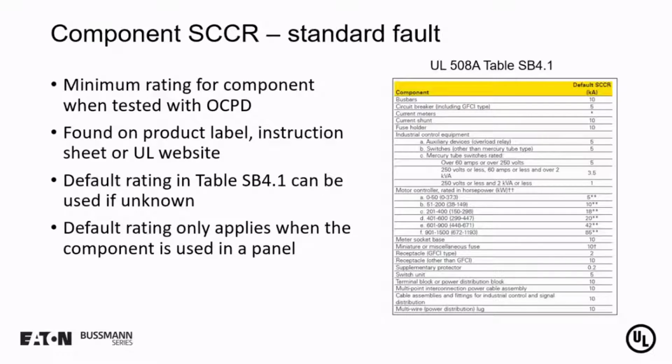As I said in the previous slide, if you can't determine this rating, then you use what's called the default rating, which is provided in Table SB 4.1, which is seen on the right-hand side of the slide. This table can be used if it's absolutely impossible to determine the short circuit current rating for a particular component. And then finally, I can't emphasize enough that the default rating only applies when the component is used in a